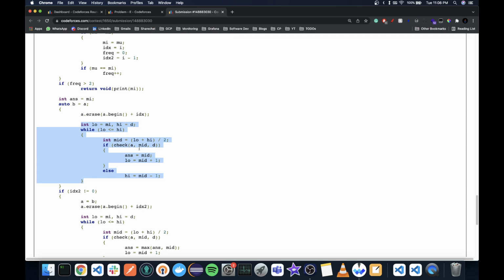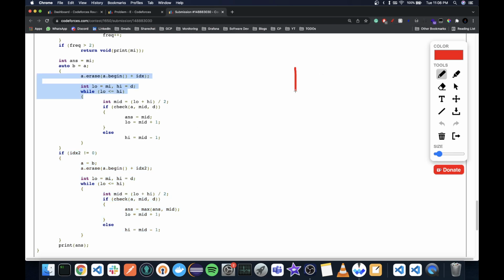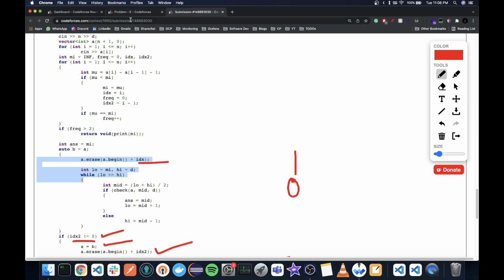on the required value, which is mid here. And then if index 2 is not equal to 0, because I have a 0 as well, which is not an actual exam, I cannot remove it to be somewhere else, so that is an extra check needed. And then I just copy back the array because I had removed it. I erase the new index now, and then I binary search again, and then I print the maximum of the answers. So that was the solution for E,